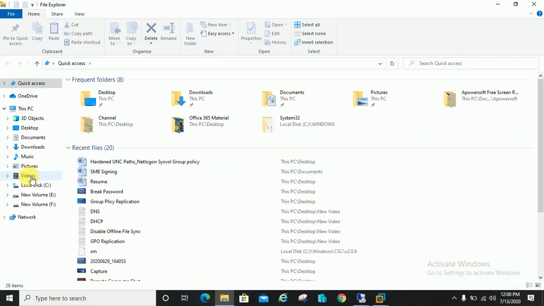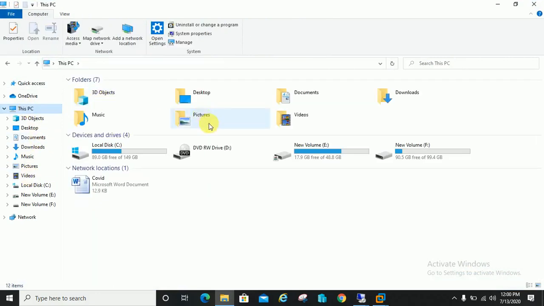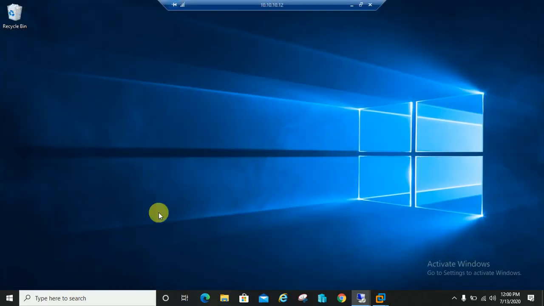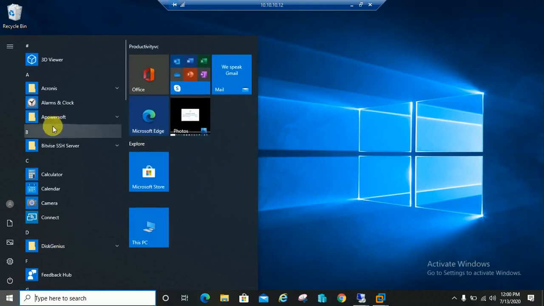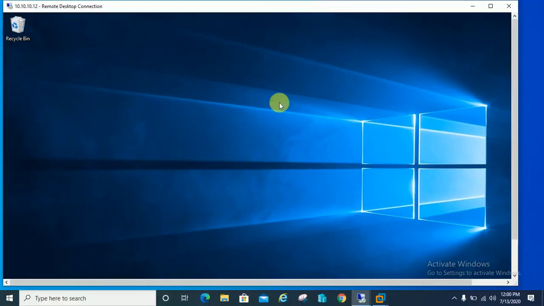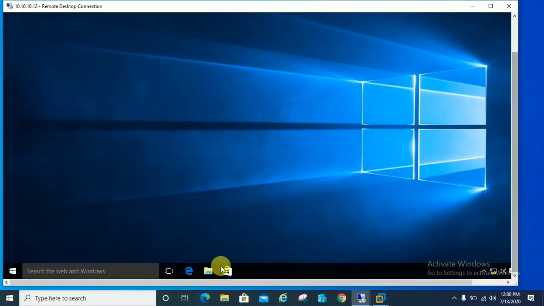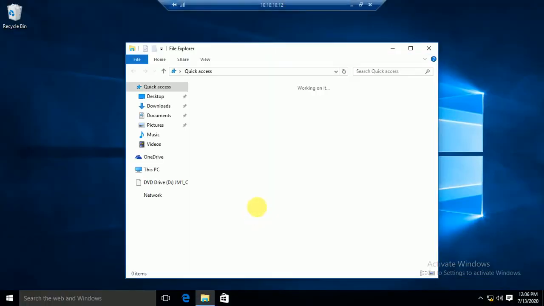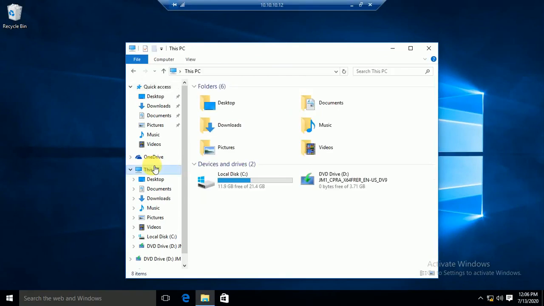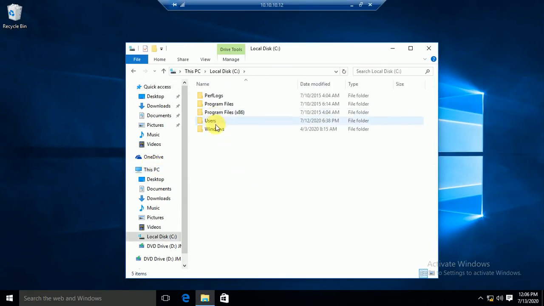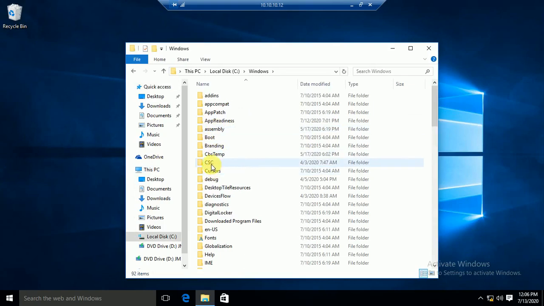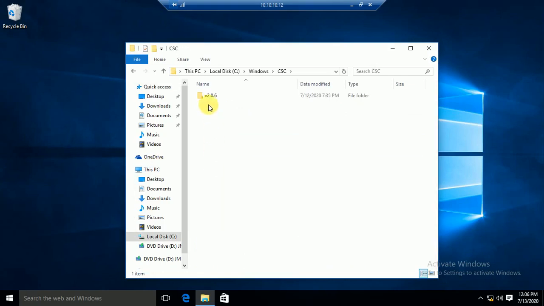So in this case, if it is not successfully disabled, then what we have to do, you have to go to the C drive of the client machine, Windows, CSC. You can see here CSC version